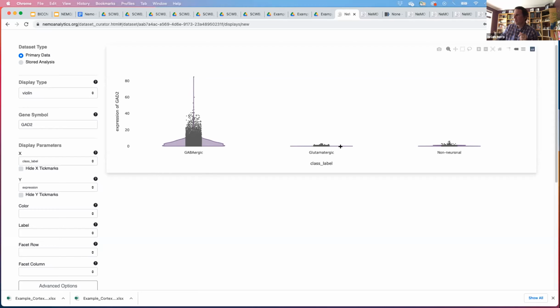And there we have those same groups that we just saw in the t-SNE, but now broken down by violin. And so you see, it makes good sense. GAD2 is very expressed in the GABAergic populations. And then this could be a plot alongside other things in your profile.